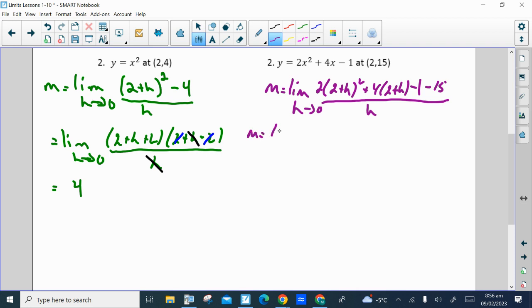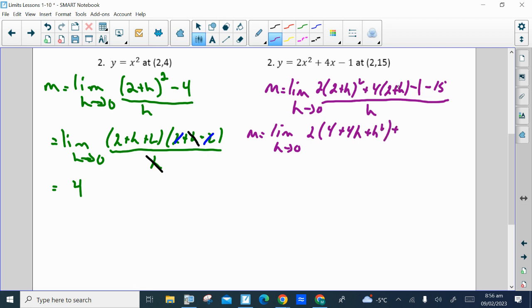And so in this case, I would simplify the numerator. I would square the 2 plus h. Whenever you square a binomial, you square the first term, multiply the 2 terms together and double, square the last term,